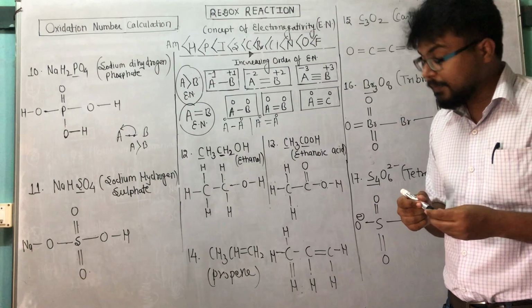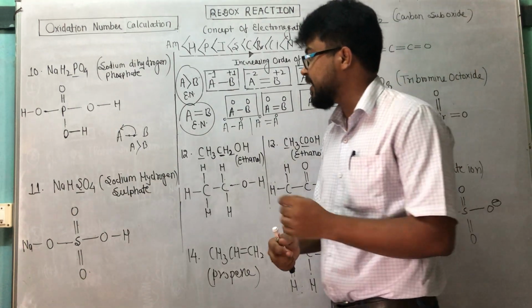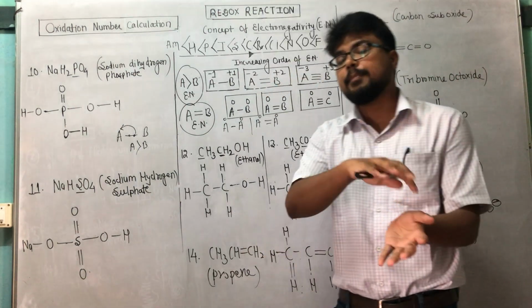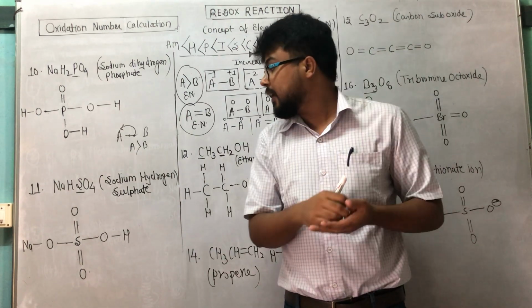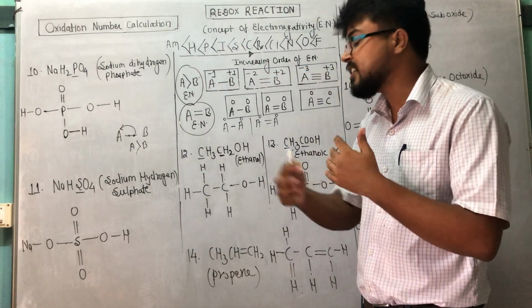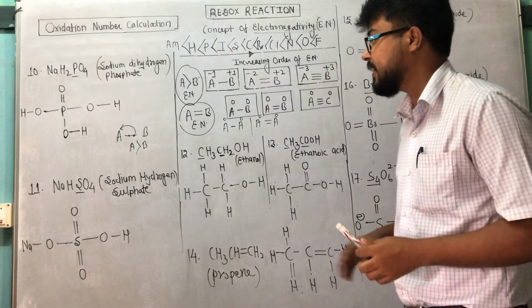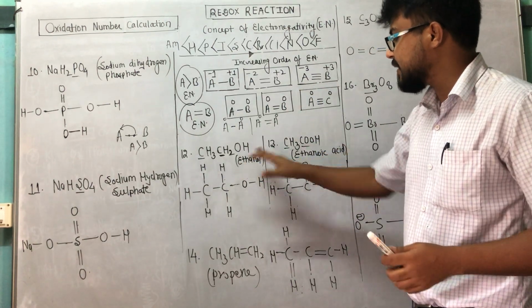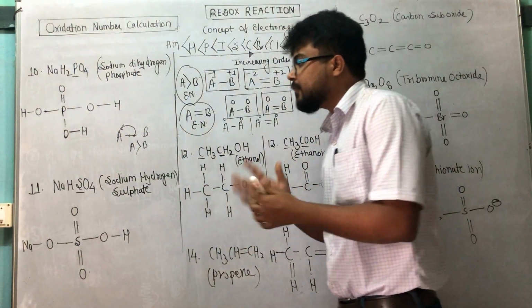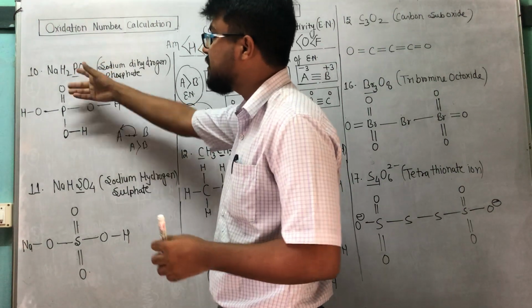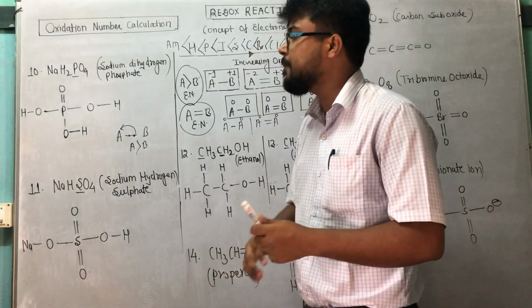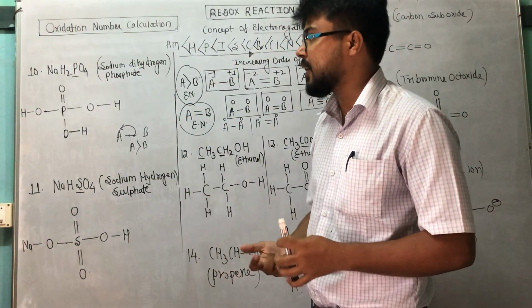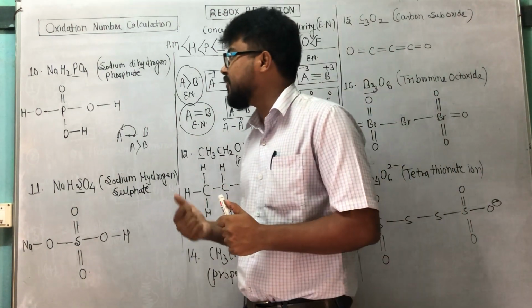This means we will not contribute any charge if the electronegativity of the elements is the same, or if the bond is formed between two similar elements, correct? We will discuss this in examples 12-13, but first it's time to discuss the oxidation number of the underlined element, that is phosphorus, in sodium dihydrogen phosphate.